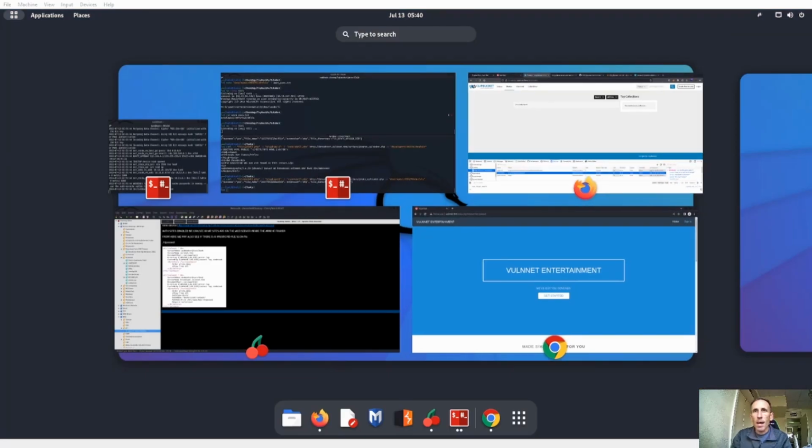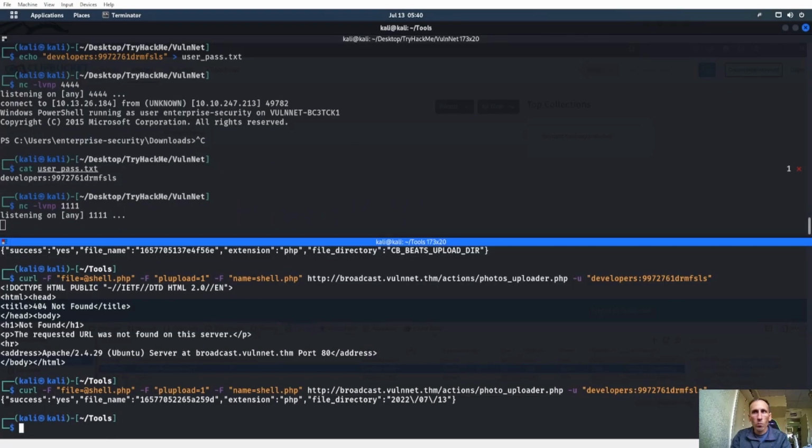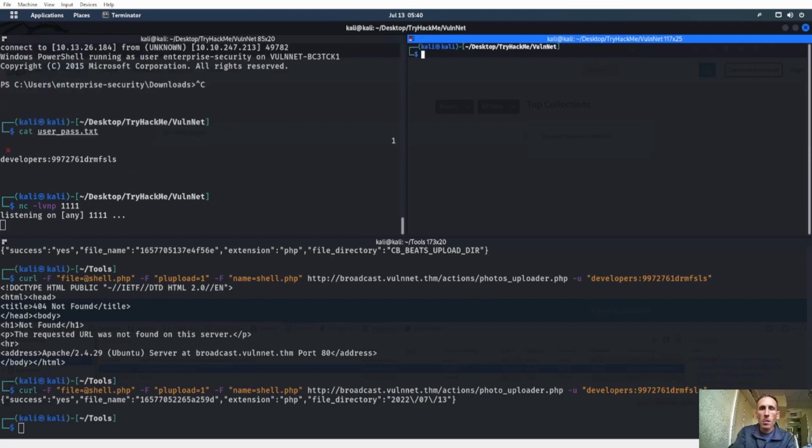So I think now we should just go to Photos, right? I went to 2022-07-13. That was the file directory for it. Okay, let's go ahead and do a